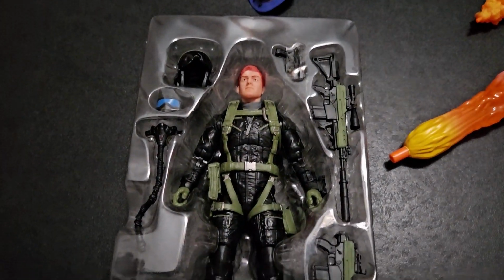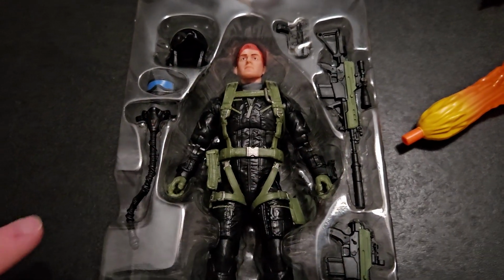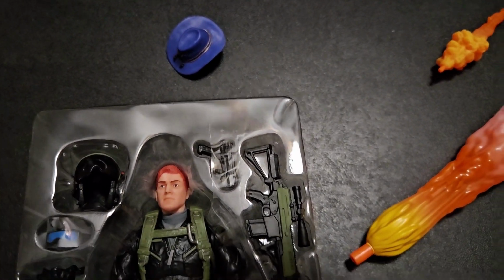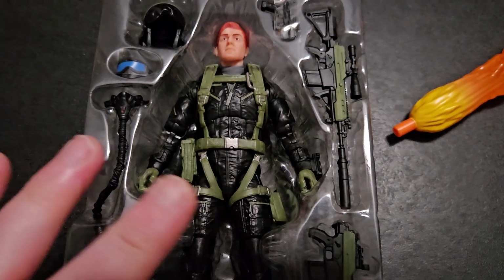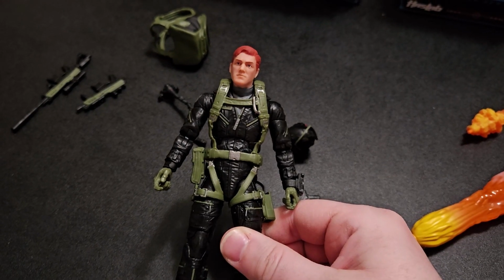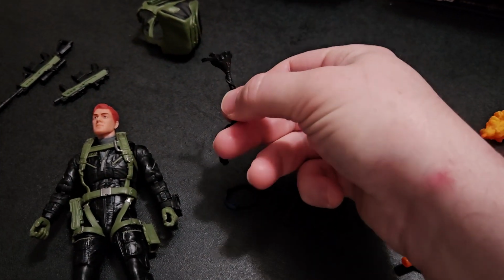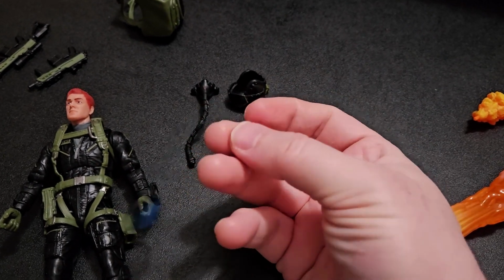And here he is. So he comes with a lot of accessories here. We've got some different guns, I guess the flight mask, helmet up here, vest down here. So we're going to get all of his stuff out and we'll take a look with everything on. Ripcord here comes with a lot of stuff. Like I said, we've got his helmet here, his mask, we've got his